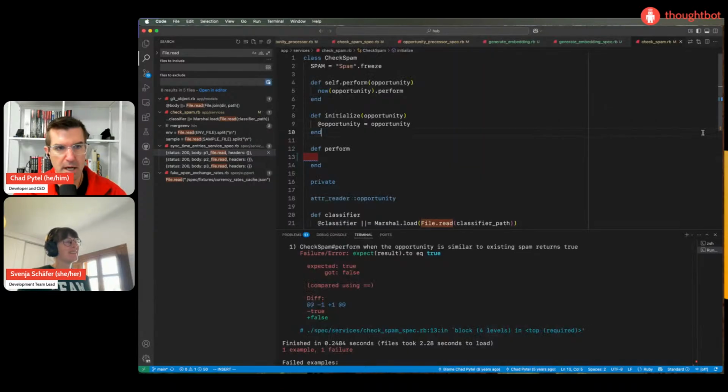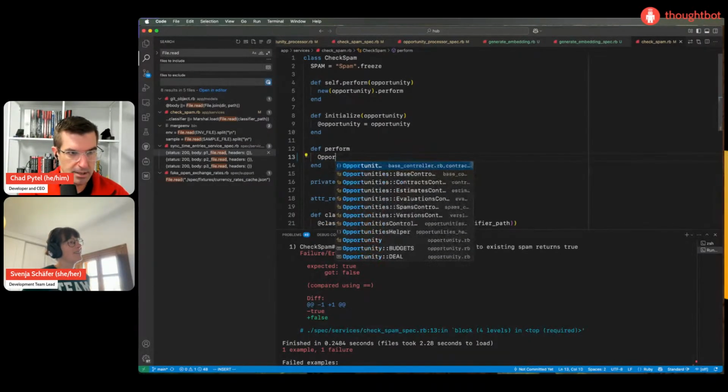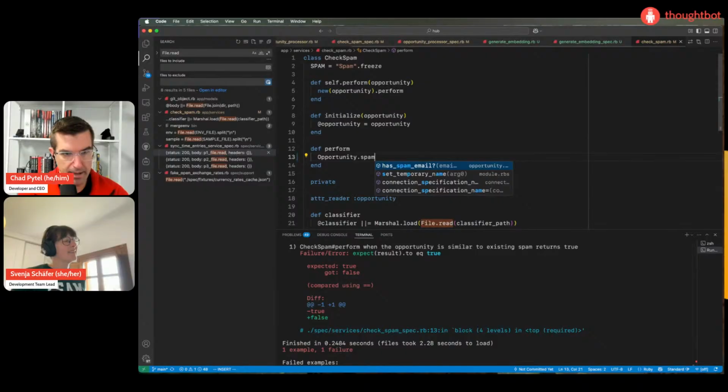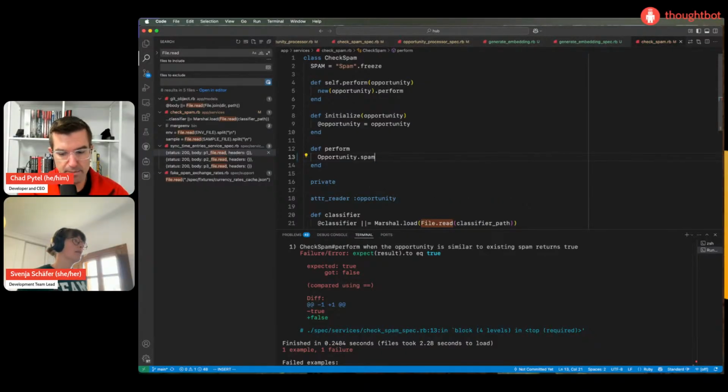I'm not sure whether we want to have a scope, opportunity.spam, that gives us only the spam records, and then say nearest to the opportunity that we're checking.